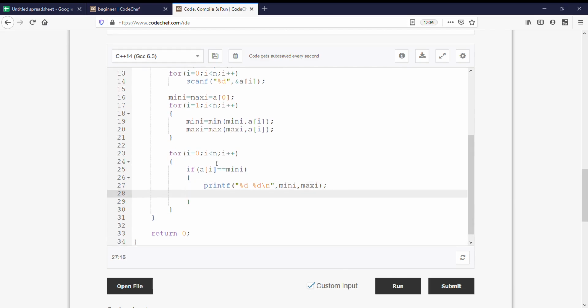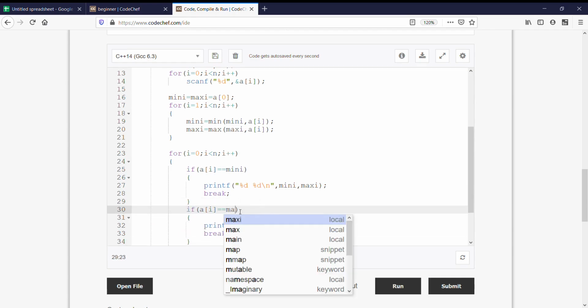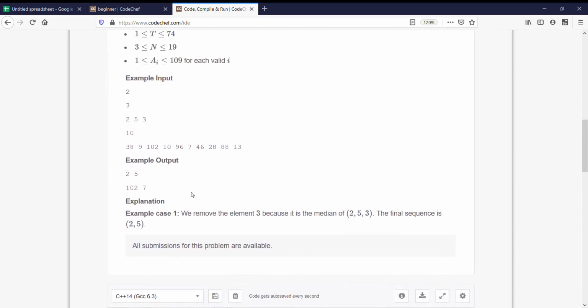We know that we have got the number, so we would break the loop. Similar to this, if the number is maxi, then first we would print maxi and then mini. Let us try with the custom input.